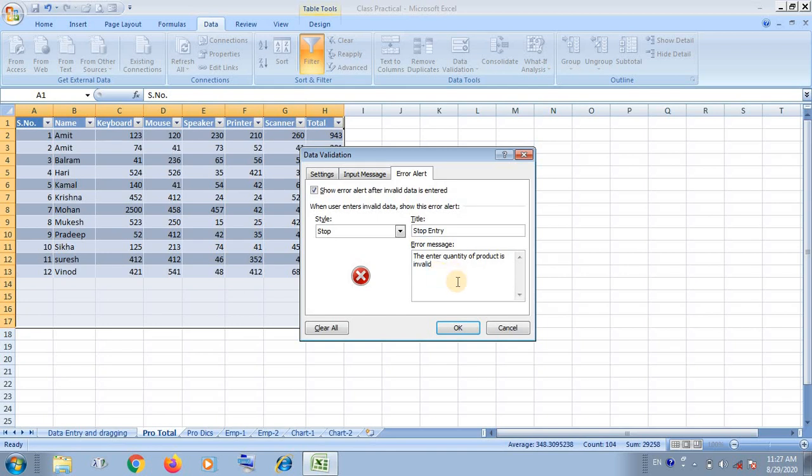This is the message for the alert if anyone makes a wrong entry and does not follow the input message instruction.